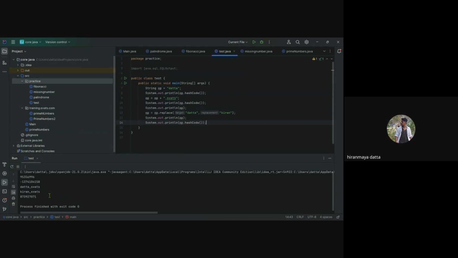Which means initially the Datta string is pointing to some address. Then when you concatenate with Swats, a new string object is created and that's pointing to some other address location.